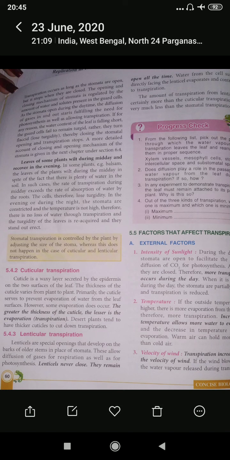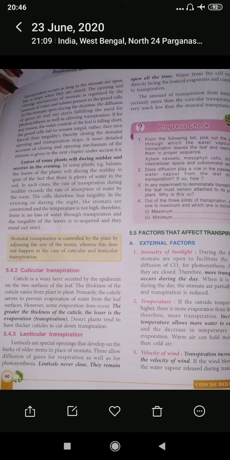Next is humidity. Obviously, if the atmosphere is more humid, the transpiration rate will be reduced as the outward diffusion of water reduces. Next is the water content of soil. If lesser is the water content of the leaves, obviously lesser is the rate of transpiration. At the state of lesser water content, the leaves wilt and the stomata get closed, so transpiration also reduces.